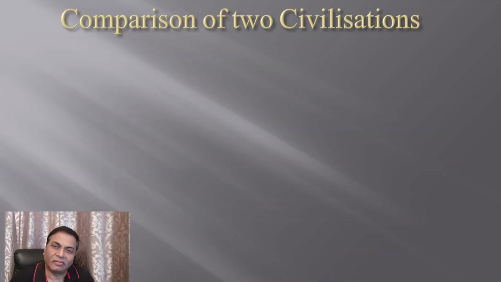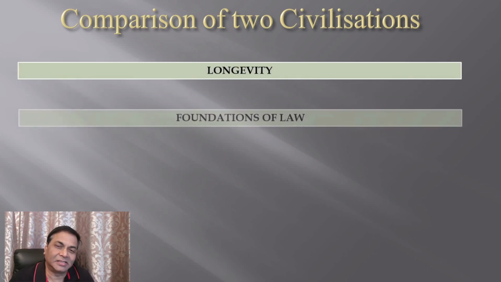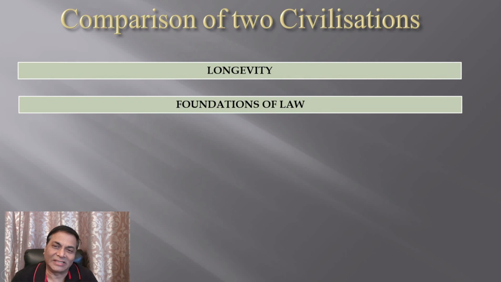Hello, friends. Once again, we had established in the previous episodes that we are a fusion of two civilizations, the modern and the Indic. We looked at the longevity of the two, found one that's barely 700 years old, the other one 17,000 years. So, obviously, we felt there was some need to examine other things.